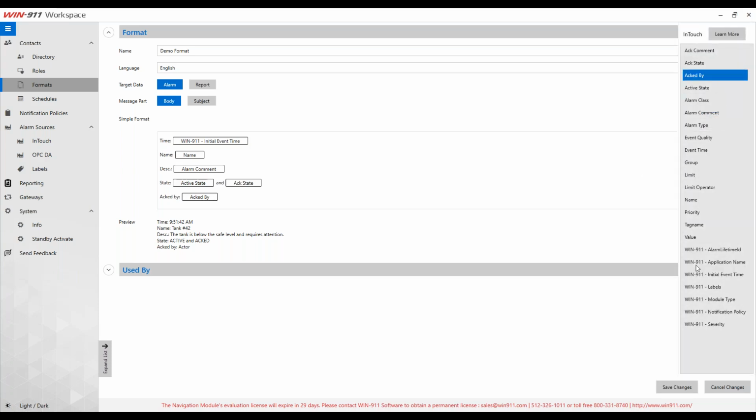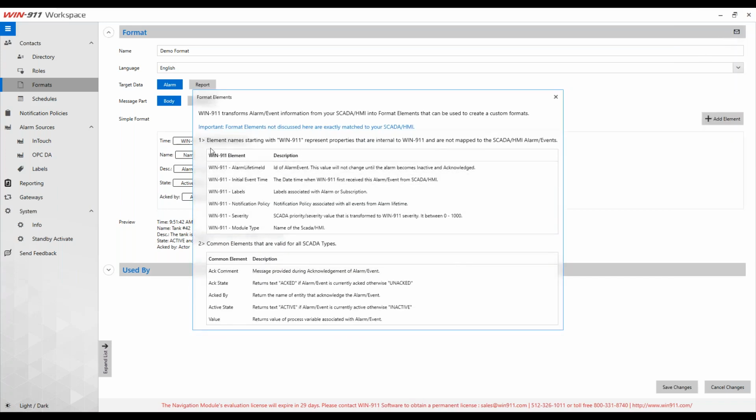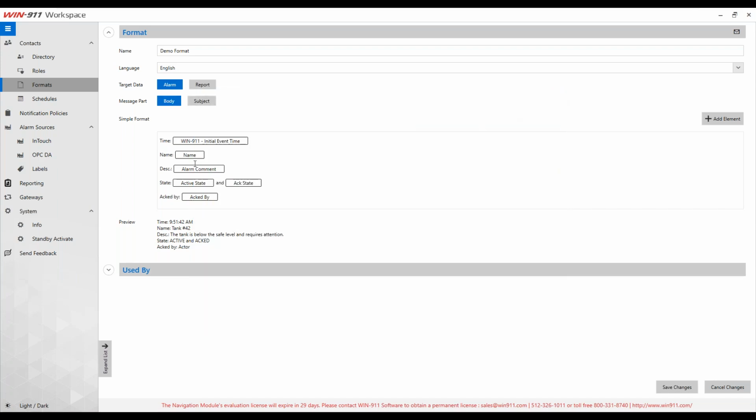Now, you'll notice there's some of these down here that are not from InTouch. If you click on this Learn More button up here, it will explain to you what these things are. So if you're not sure what they are, you can come read through here, and it will tell you what's going to get displayed. All right, once I'm happy with my format, then I can just click Save Changes,